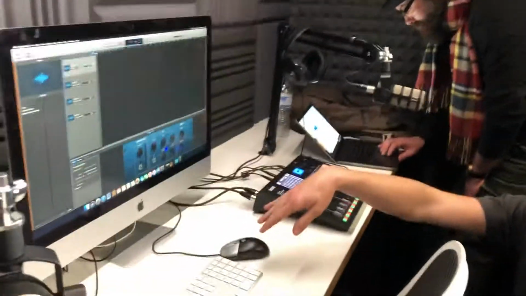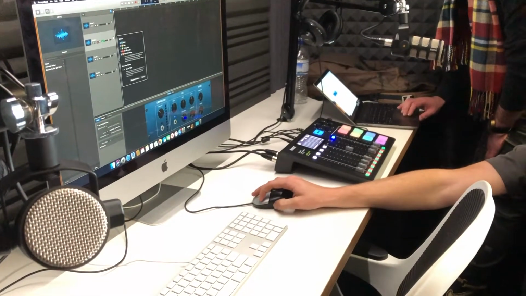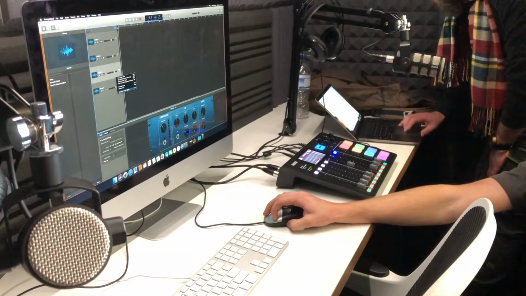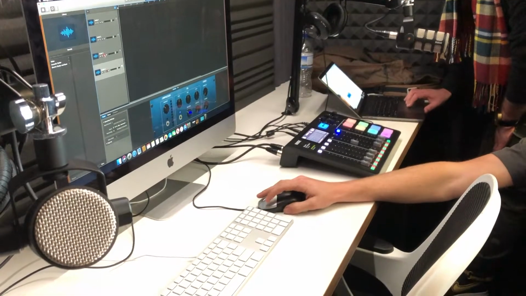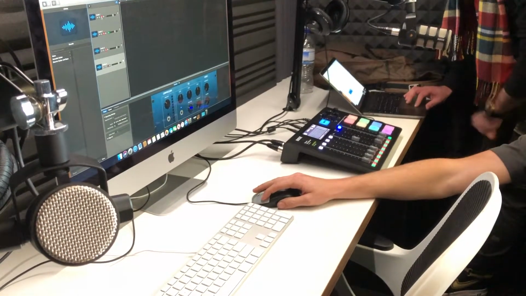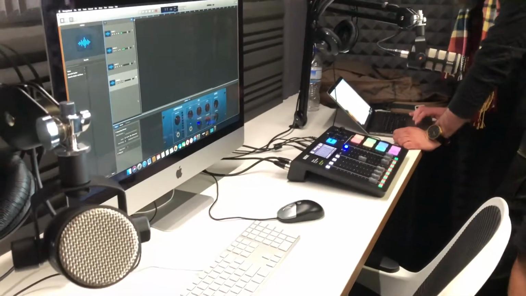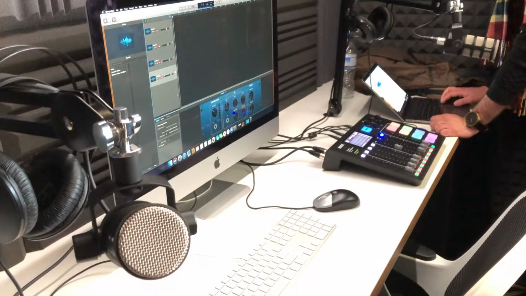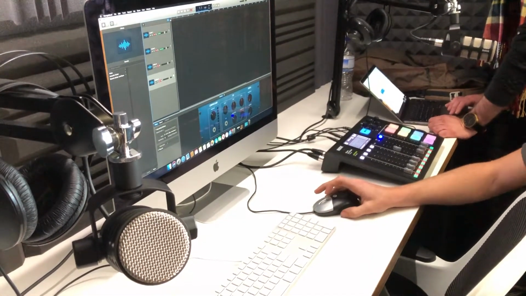Once we've got all our tracks, we've gone through and made sure that they've all got record enabled, which they all do, which is this little red button here, and then we prime them all ready. So we're telling them that yes, we're ready to start recording and we want to record all of these tracks synchronously, all at the same time. And we go up the top here and we click start recording when we're ready, but